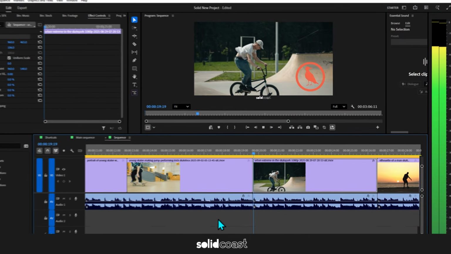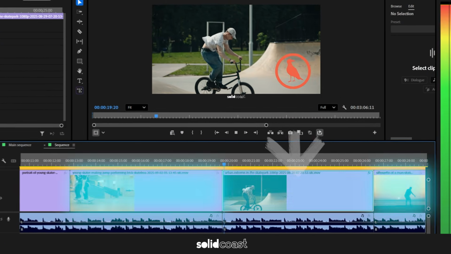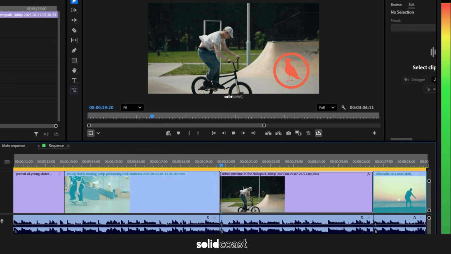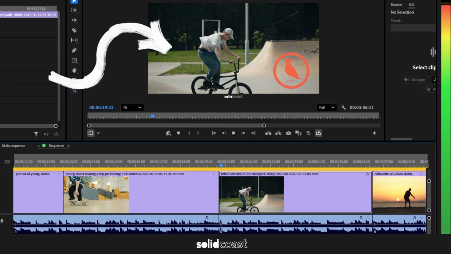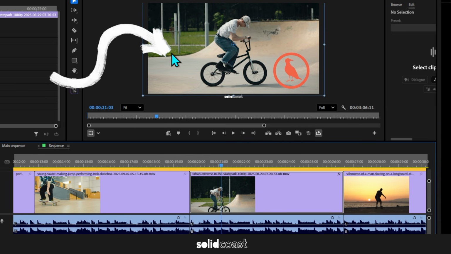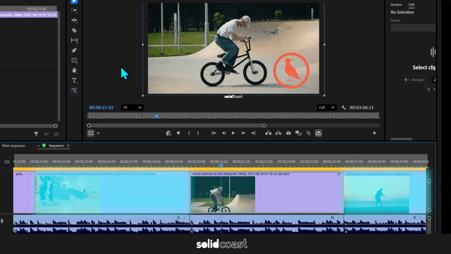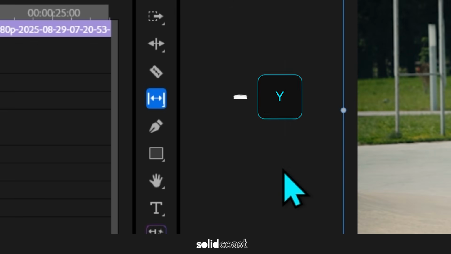If you have a trimmed clip already in position with two clips either side, but realise it's been trimmed in the wrong place, for example this scene here with the BMXer, it comes in as he lands his jump instead of when he takes off from the jump, but really I'd like the scene to come in before he takes off to catch the whole trick. We can do this without resizing or disturbing the position of any clips by pressing the Y key, which selects the slide tool,